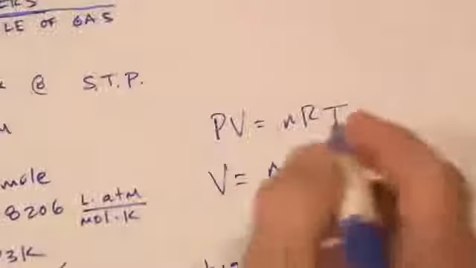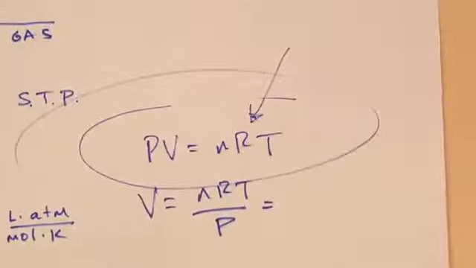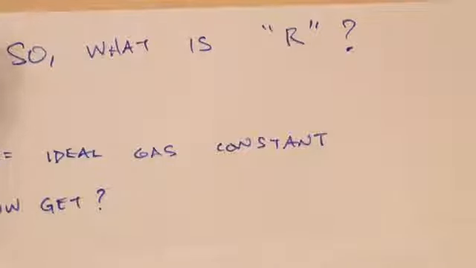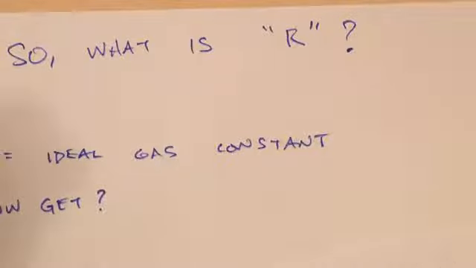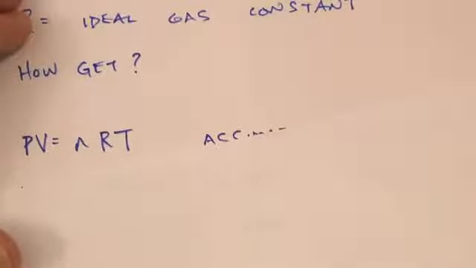Well, taking a look at this ideal gas equation, some people say, well, where do you get this thing called R, that is the ideal gas constant? Let's look at that a little closer. So, what is R? Make sure you're writing this down on your note paper. Well, R is called the ideal gas constant, and how do we get it? Well, it is the constant that relates pressure times volume to moles times temperature. And if you look at the equation, PV equals nRT,